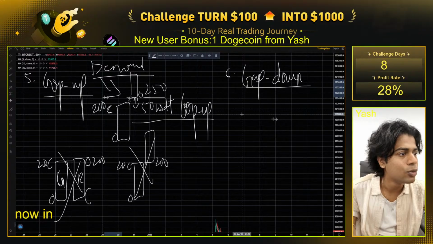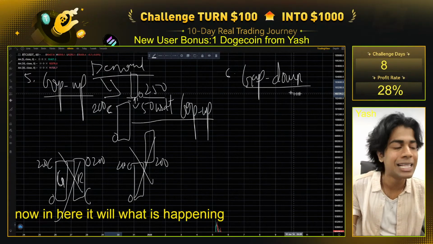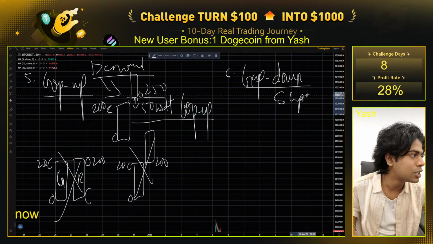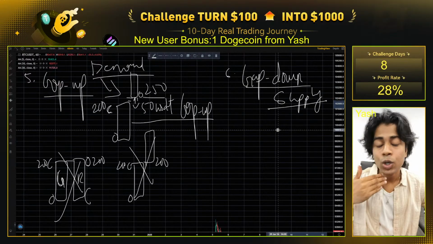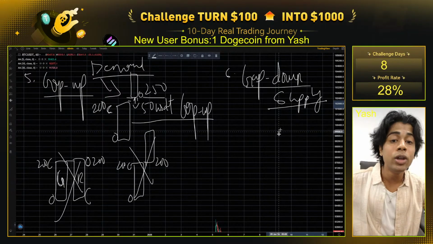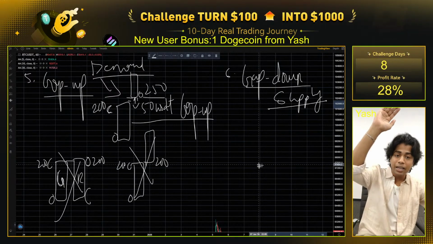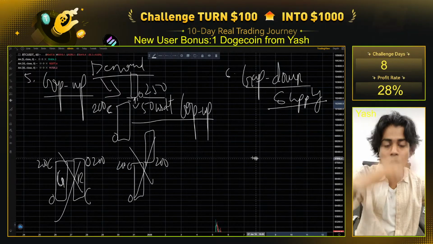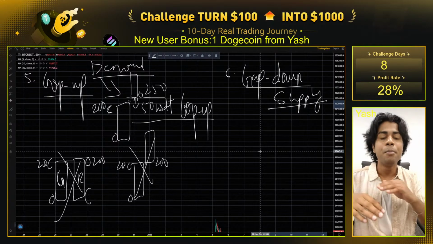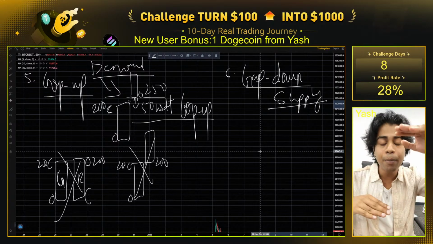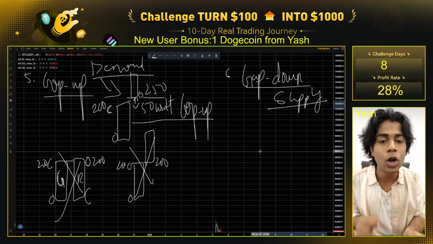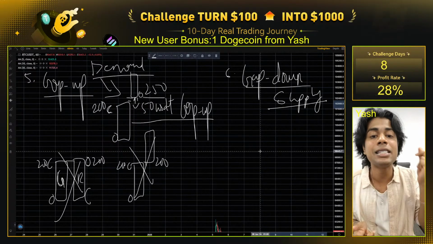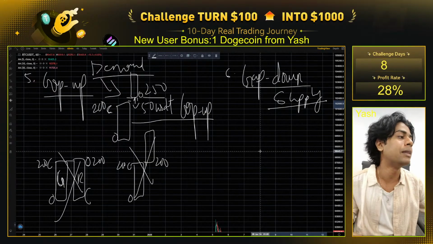Now, what is happening in gap down? Supply is increasing. Supply increasing means basically a lot of people fear entering on the buy side and are making sure they do maximum selling, which will drop the price suddenly. For example, the market was going up and suddenly there are thousands, tens of thousands of sellers putting in sell orders, creating a sudden supply which made the gap in the market.